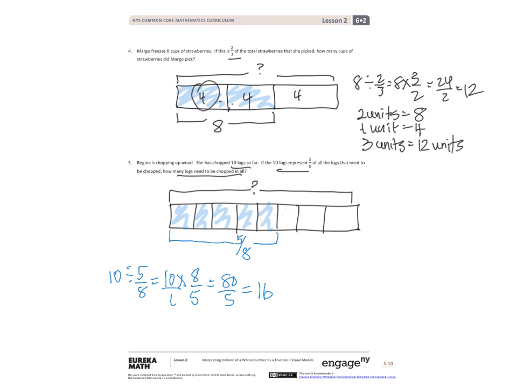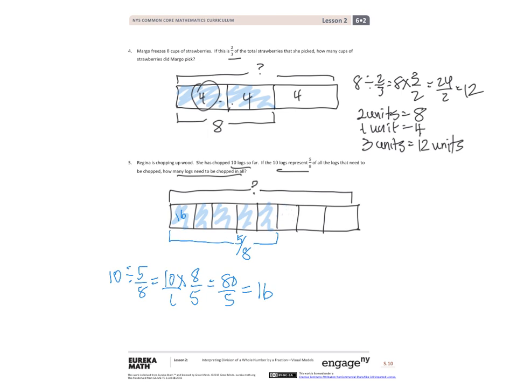So each one of these is equal to, wait, that doesn't make sense, does it? If I said each one of those is equal to 16, I think I have a problem. So I think what I needed to say, let's see, if this is 5/8,